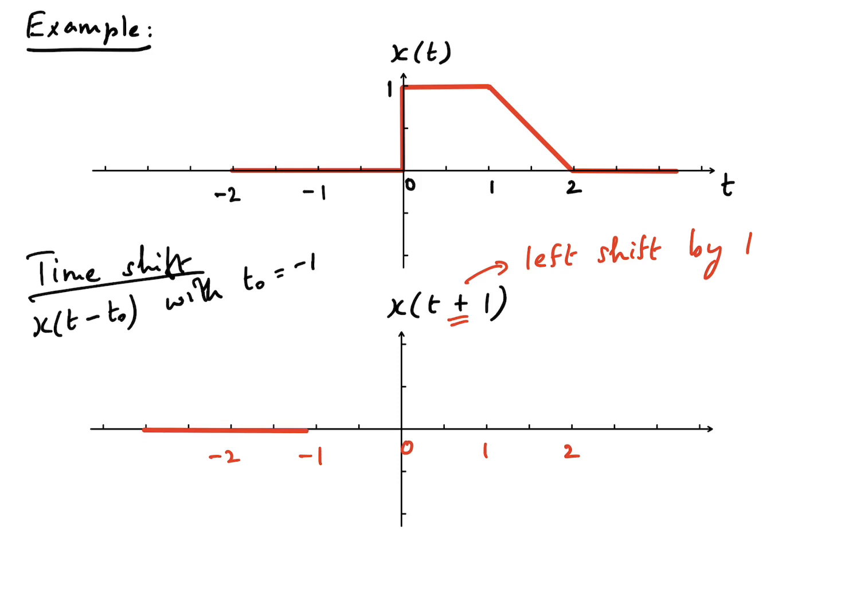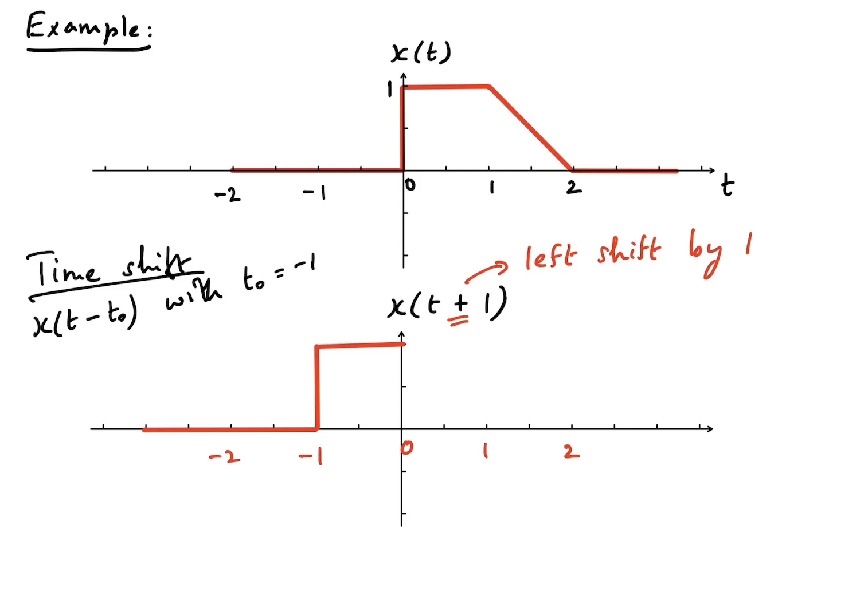It starts from somewhere, and up to minus 1, it's going to be a constant value of 0. At minus 1, it is going to make this transformation. What was happening at 0 will be shifted to the left by 1, so that will come here,